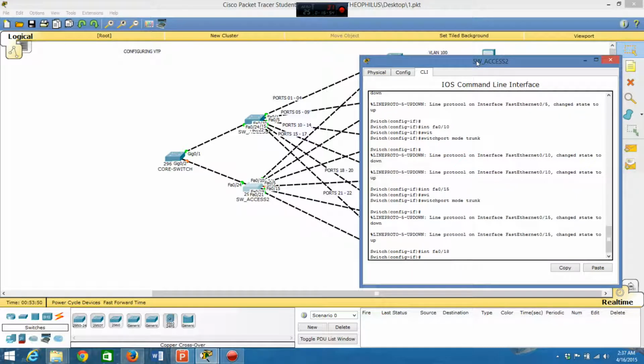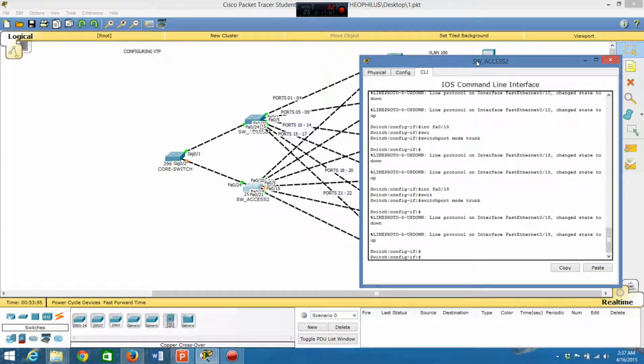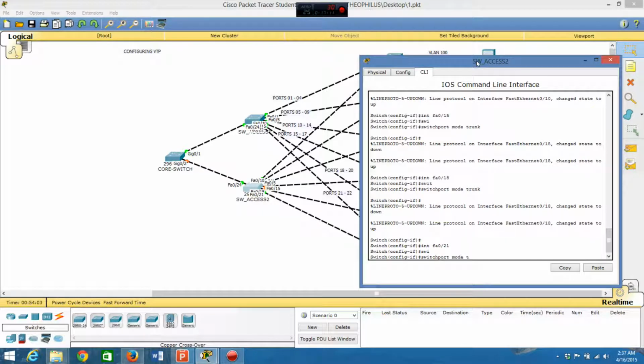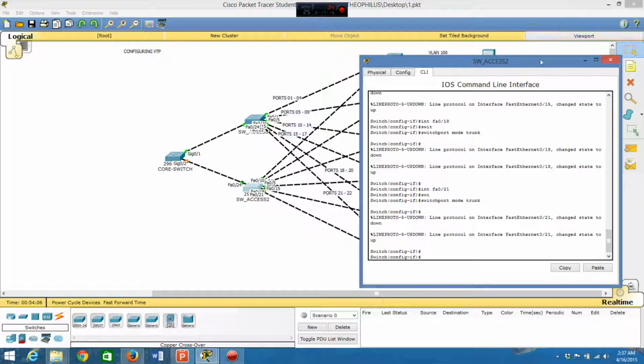FA0/18, switchport mode trunk. Alright, interface FA0/21, switchport mode trunk. That is great. Now for these two switches, all the links that are coming into these switches, they are all trunked from their end. You have to repeat the steps